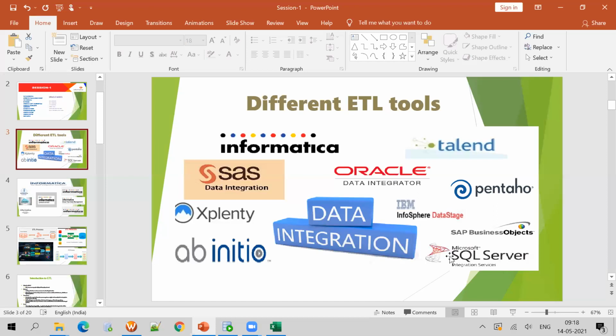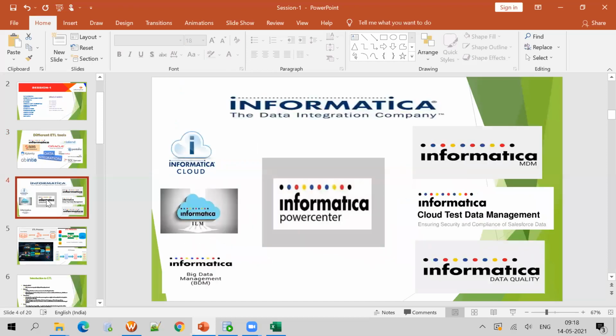Currently the leading tools, maybe I can say, are Informatica and Talend. These are the two many are using currently. If you ask anybody, they might be working on Informatica or Talend, or they might be working on DataStage, Ab Initio and others. But these are the leading tools available now. Talend was implemented newly, maybe some 5 years back, I guess. But Informatica is the number one tool. It has been there for many long years. So now we will concentrate only on Informatica in these sessions.